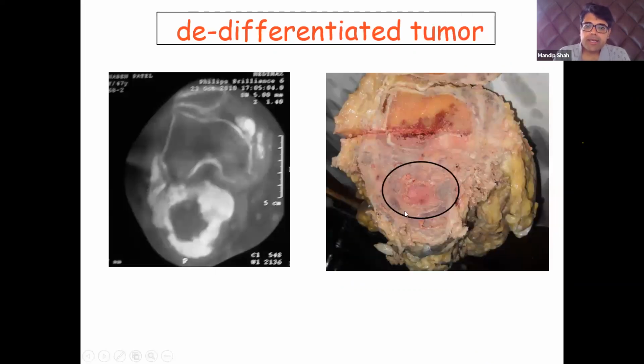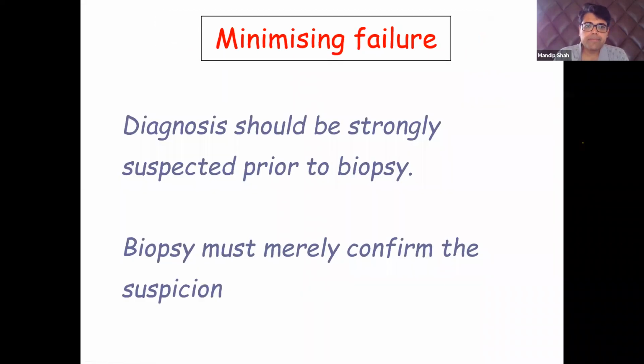There are areas of dedifferentiation. So if you have not done your preoperative imaging well, you might not have targeted this area, and then your first diagnosis will say it's a parosteal osteosarcoma. But when you do a final resection, they will tell you that there is a dedifferentiated component. But in today's era, with the help of MRI and CT scan, most of the time we know that this is a dedifferentiated sarcoma.